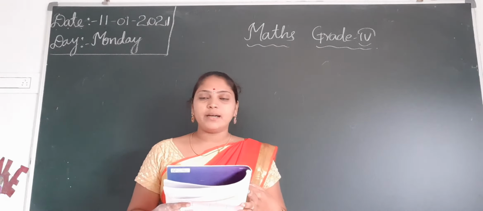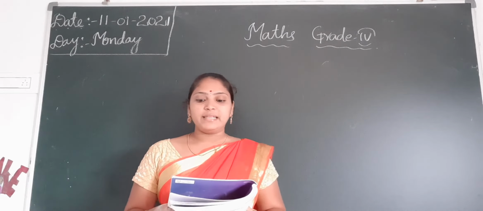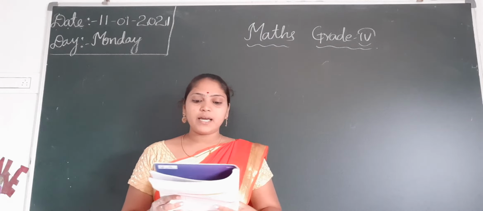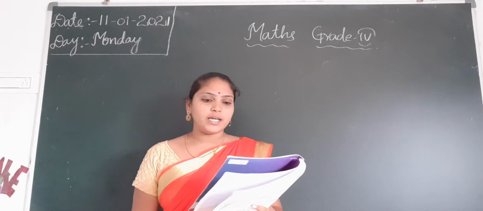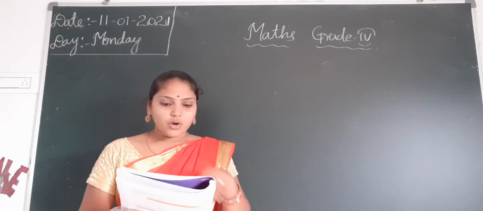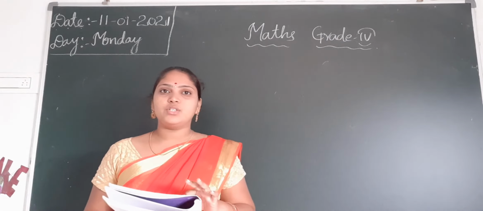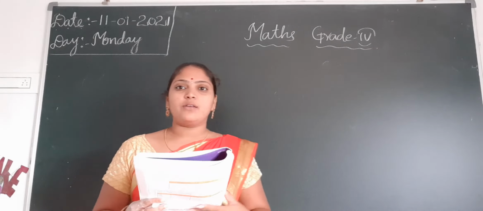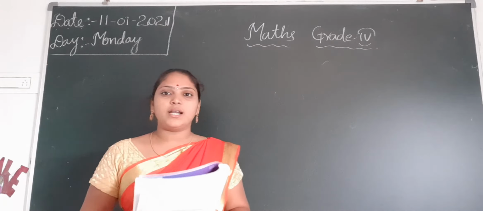Anyone wearing a number divisible only by 2 is a minister. Color them in blue. Anyone wearing a number divisible only by 5 is a soldier. Color them in green. Okay, children, so we are given totally 3 clues. First, what do we have to do, children? First you have to check the divisibility rules. We are given 3 divisibility rules that we learned now, children.